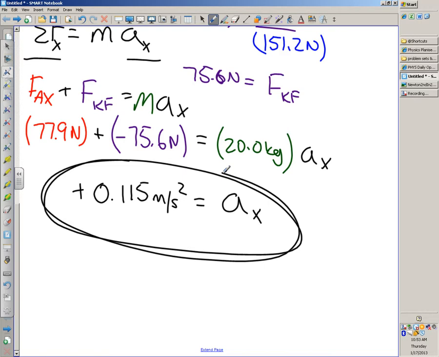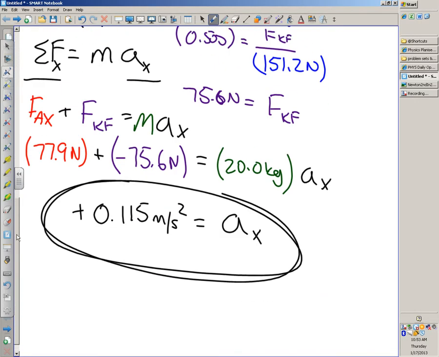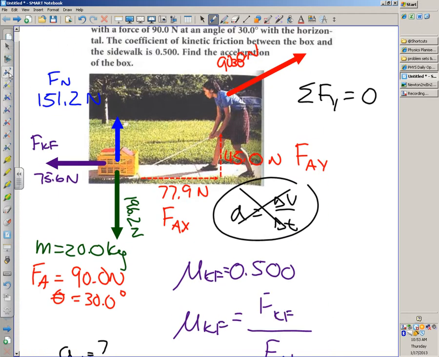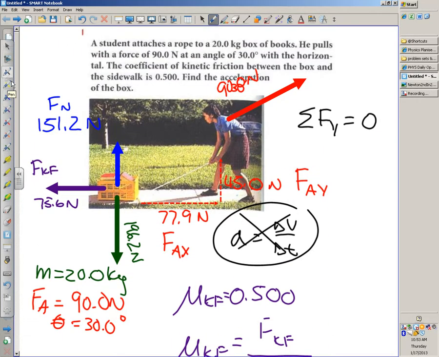Good there? It is a long problem. So, to wrap it up, because you had to find the normal force to use the coefficient, you can't just assume that the normal force is gravity in this case, because there's that other upwards component. So yeah, is it a long problem? Yeah, it's a long problem, but